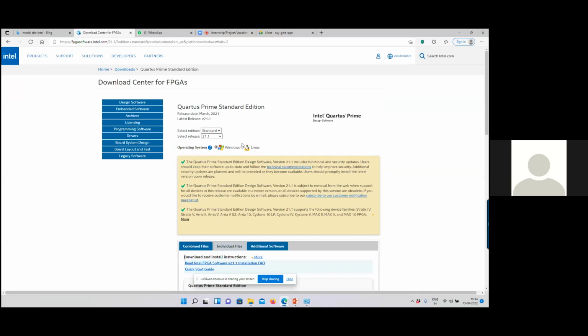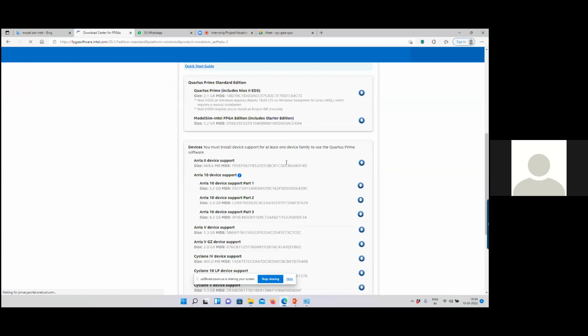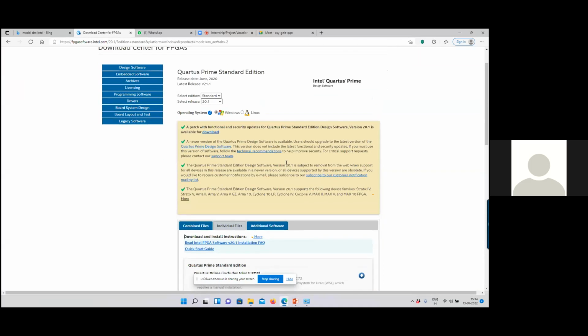Presently, the edition available is 21.1, which is a beta version. So I recommend you use the stable version, which is 20.1. And remember one thing: the 20.1 version is available only until all functionalities are available in the 21 version.